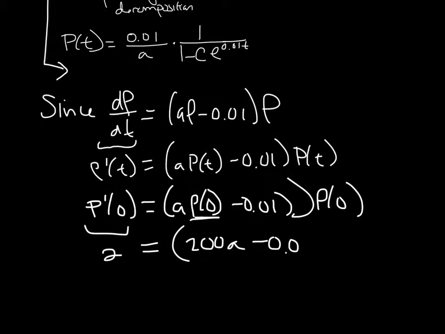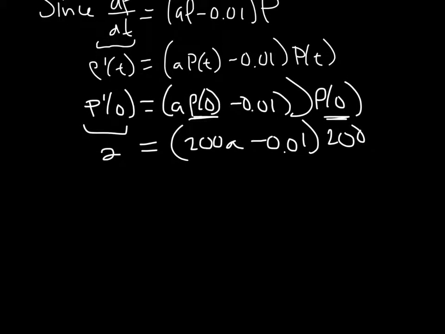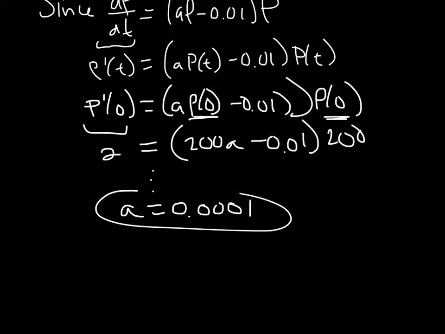minus 0.01, and then of course this guy is still 200. So again, we get a nice linear equation. I'm just going to dot, dot, dot. You can divide both sides by 200. This is just a simple algebraic equation, but you're going to end up with 0.0001. Okay, so I found my A,